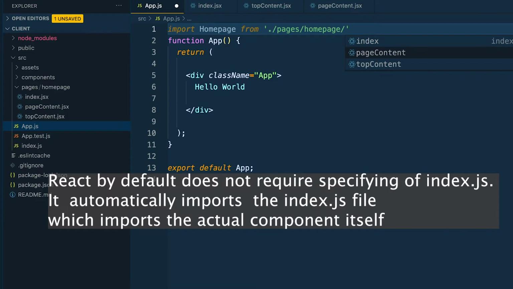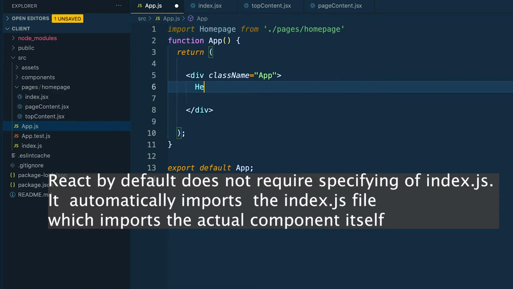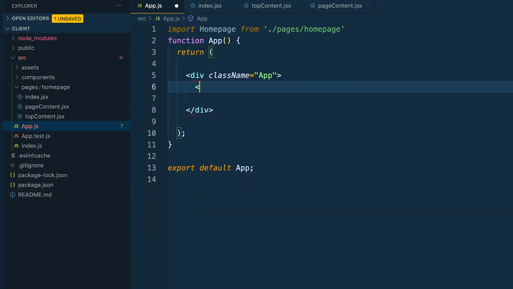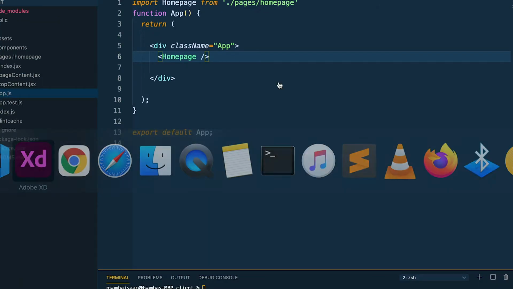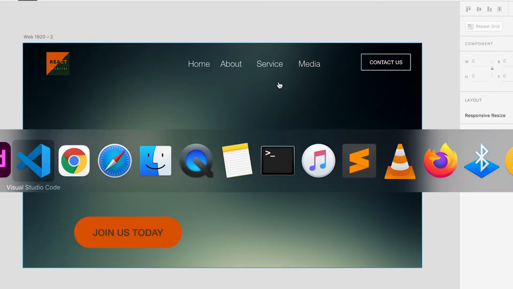So we don't need to define index.js. It is a default page which is loaded automatically when you navigate to this folder, so we don't need to specify it there. All right, so here we can remove this and then just put our home page right there. So if we save and let's go back to our page,